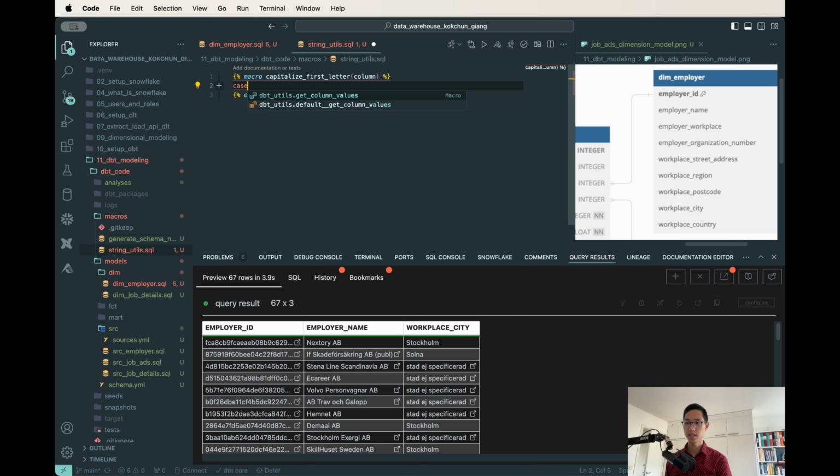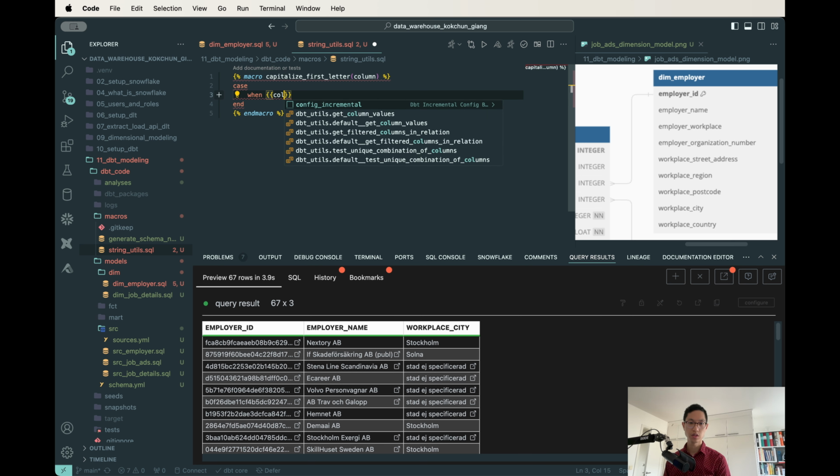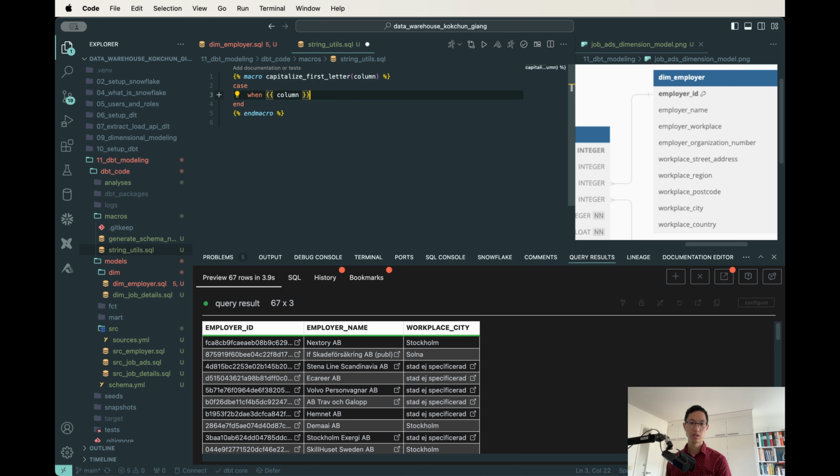I want to have case, end, and here when this column, so this is how I pick the variable column. So when this column is null, then it will become null. Else, so I make it more general, this makes sure that we can handle null values as well. So else, we will do an upper here,